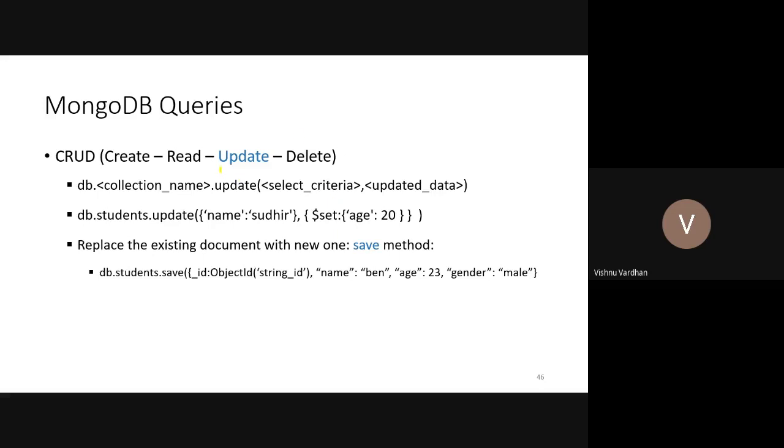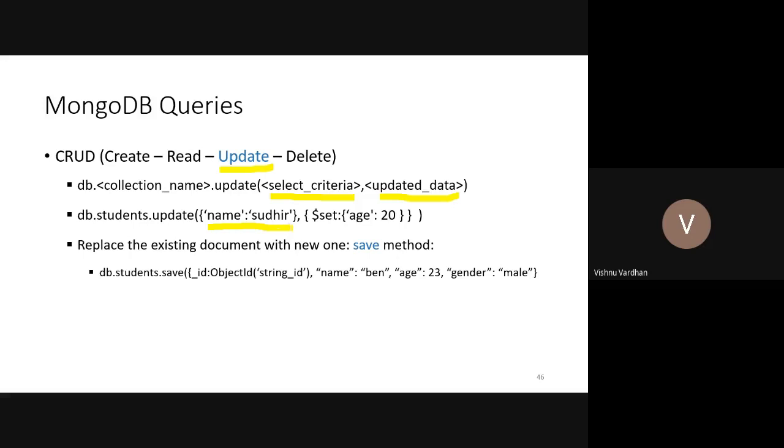Then comes the update operation. After create and read, we are going to see the update operation. The update operation has these parameters. First you need to mention the select criteria, then the updated data. First of all we need to find the information matching this criteria: name colon Sudhir.